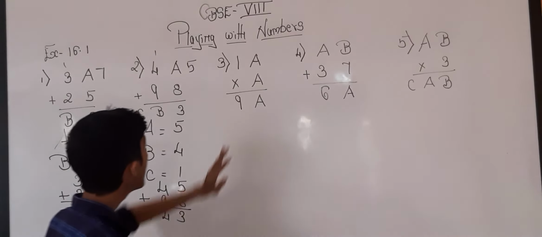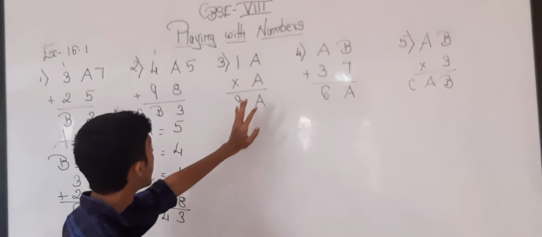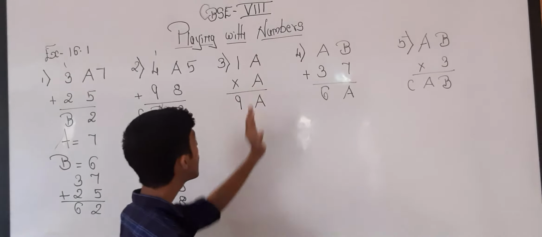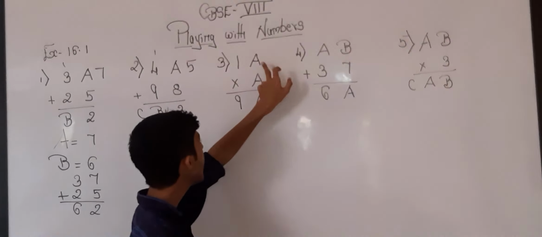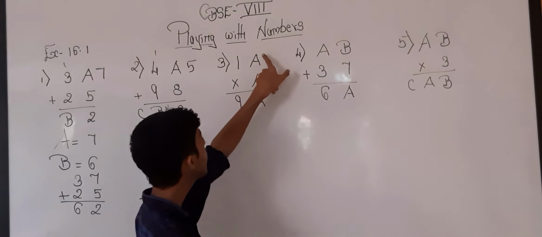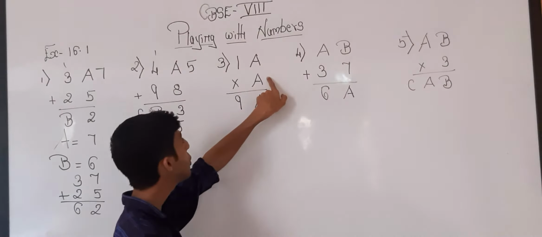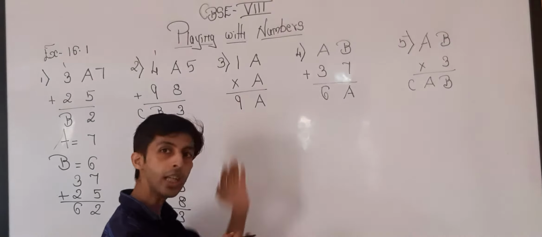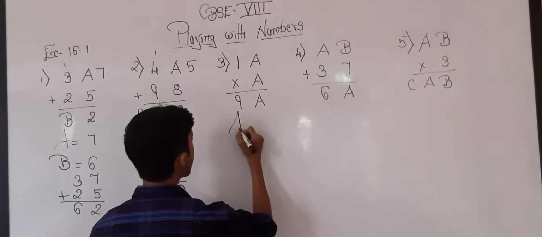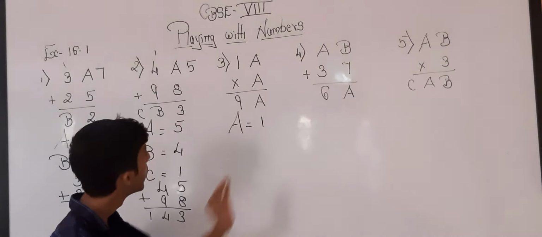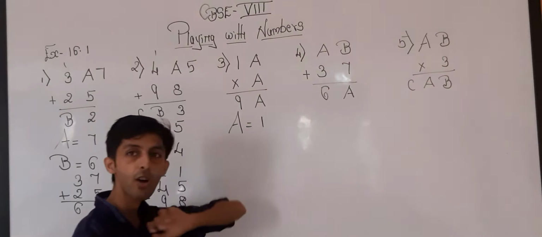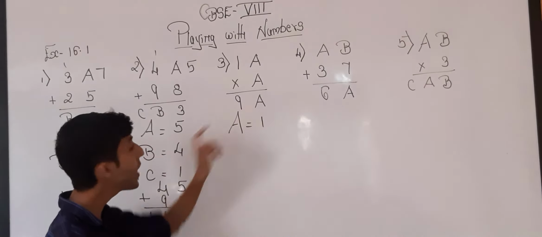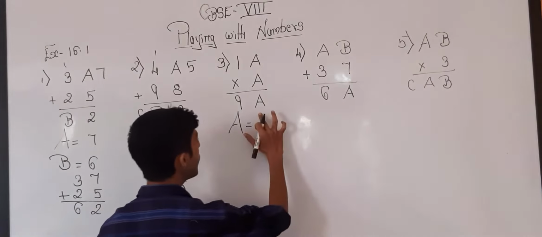Now, moving on to question number 3. Till now we have done addition. In question number 3, we will do multiplication. See over here, a and a: when I am taking 1 over here, my other one should also be 1, and the third a should also be equal to 1. So think it properly. If I am taking a is equal to 1, then 1 times 1 is 1, but we want 9 over here. So 1 can't be the option.